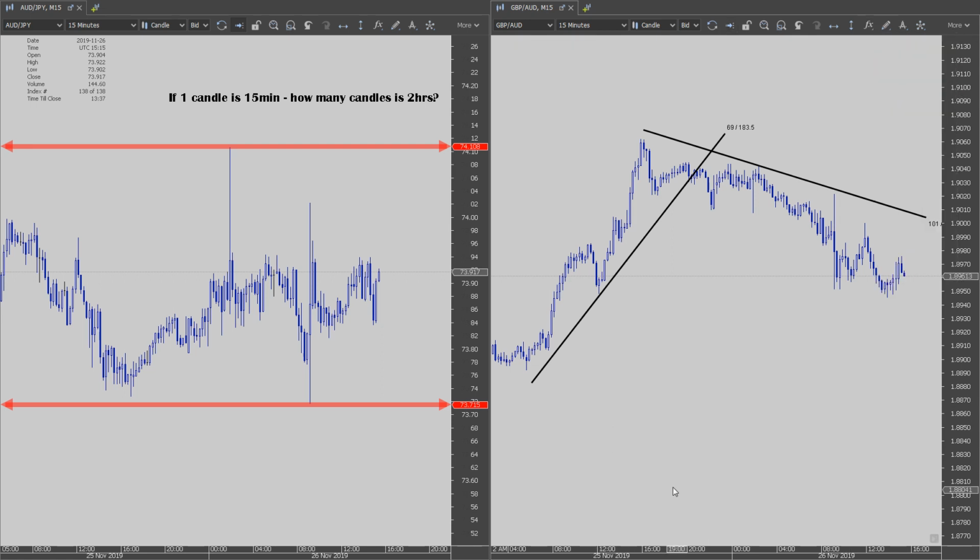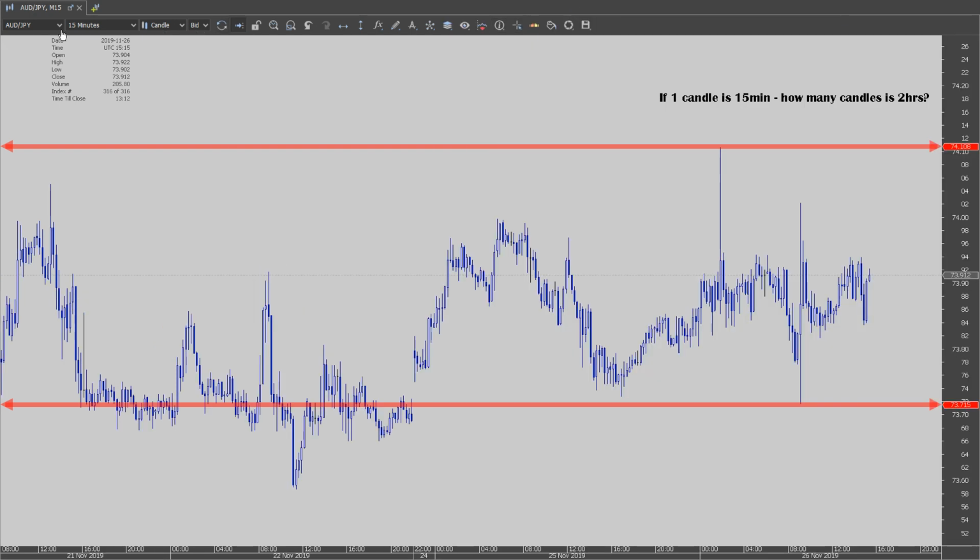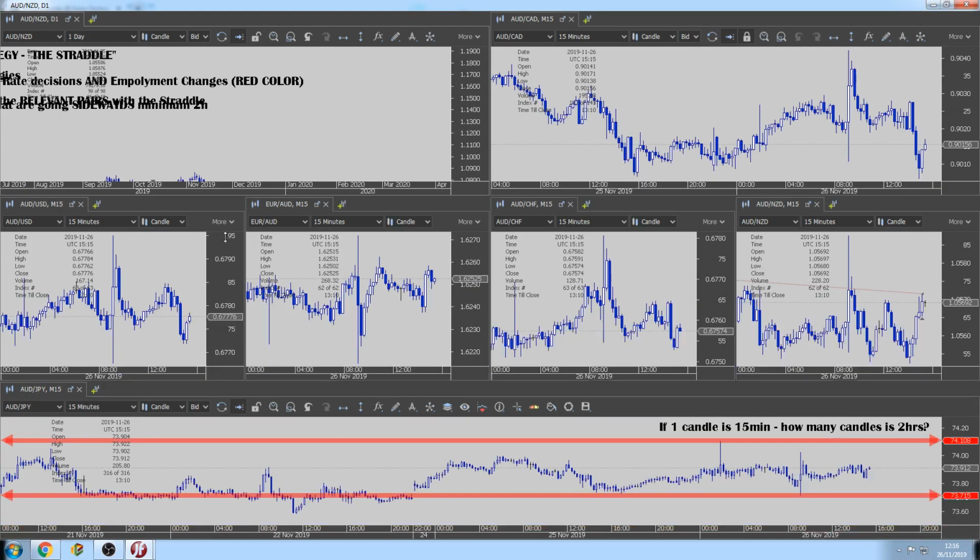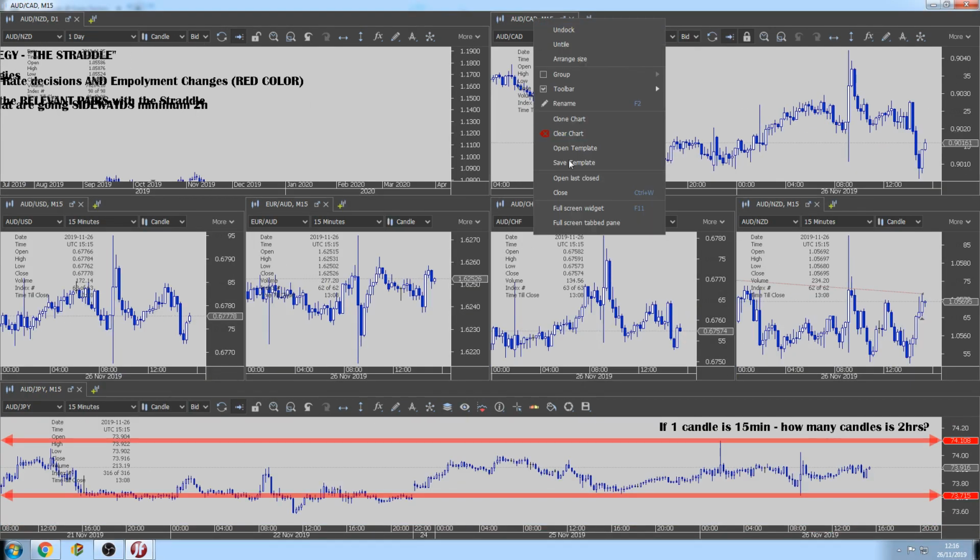Why is that? Because generally around news time, it could be also in a trend, but when the news is coming, generally the market, the currency pair is going to stay sideways. Okay, so GBP AUD not suitable for news trading, so we're going to close it, bye bye. And let's check the others, right? Let's check AUD CAD